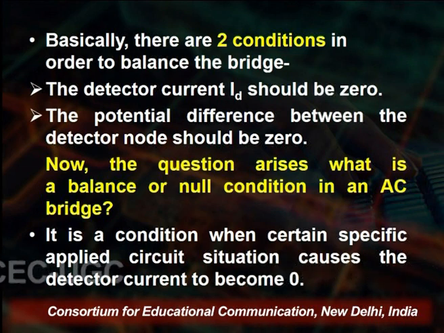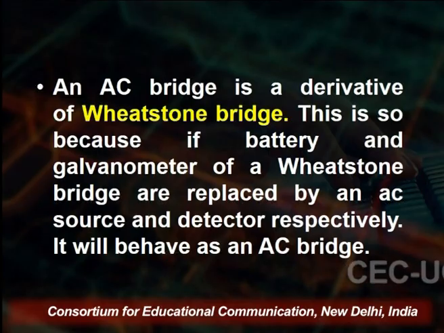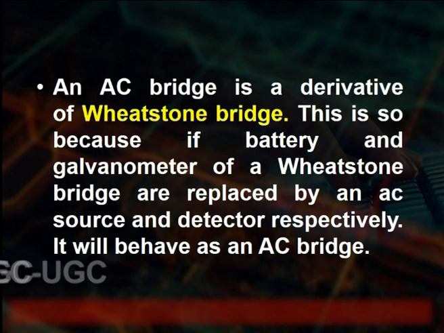It means we adjust the values of the impedance in such a manner that the deflection in the detector current should be 0 and it balances. So a certain specific applied circuit situation causes the detector current to become 0. So the AC bridge is a derivative of the Wheatstone bridge, and this is so because of its battery and the